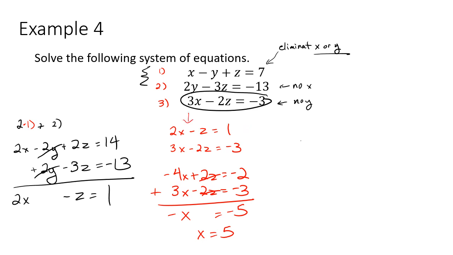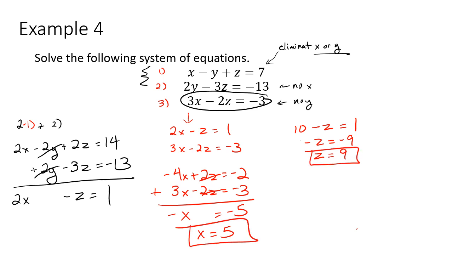I'm now going to plug that back into the top equation of my two equations with two unknowns system. So that's 2 times x, 2 times 5, which is 10, minus z is equal to 1. Subtract 10, divide by negative 1. And now